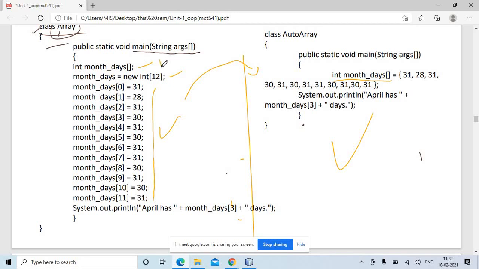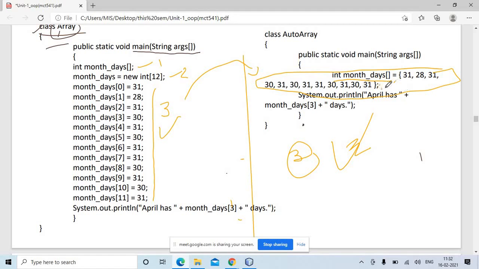So this is activity 1, this is activity 2, this is activity 3. In this program all 3 activities are done through a single statement over here. So int month_days is equal to 31 28 31 in brackets and this semicolon.